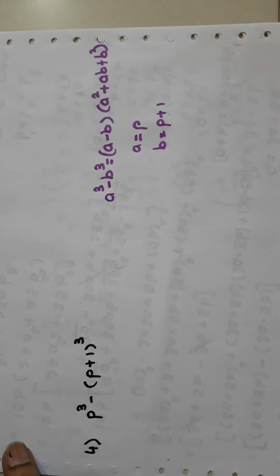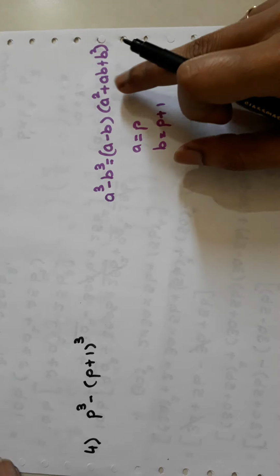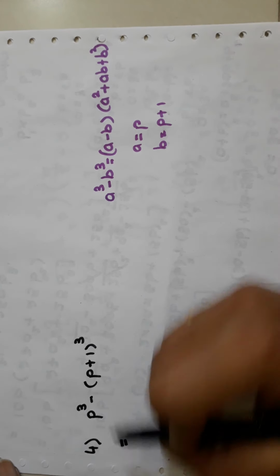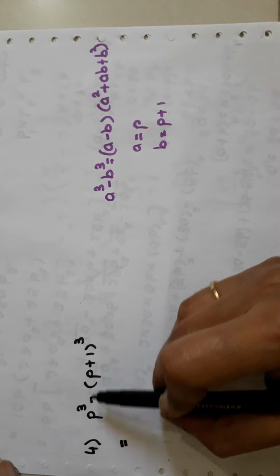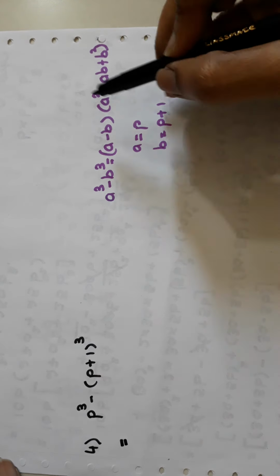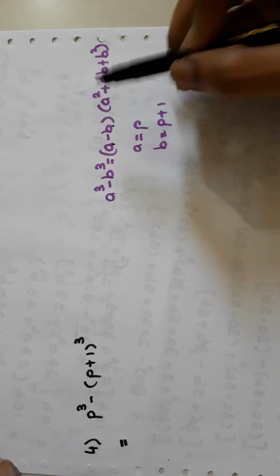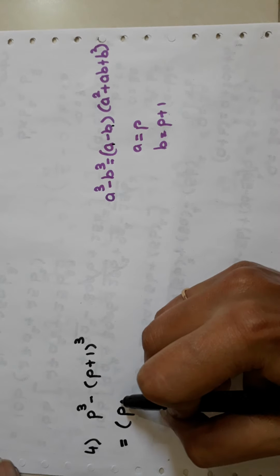So you will replace a by p and b by p plus 1 in this expansion formula. So I am directly using the formula: p cube minus (p plus 1) the whole cube is (a minus b), that is p minus